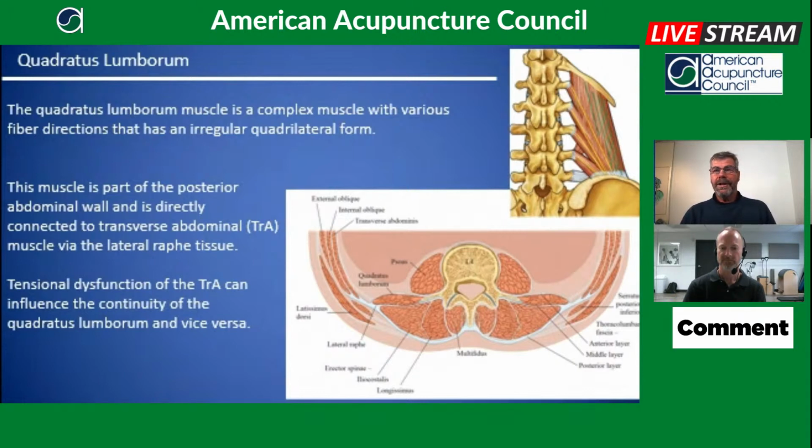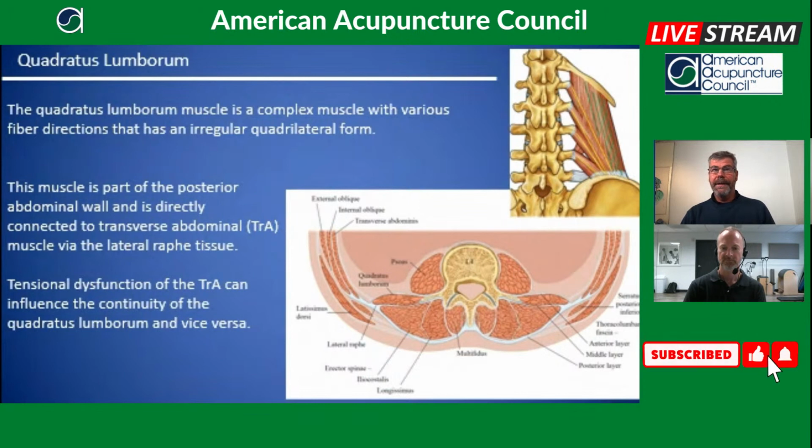What we'll be discussing is looking at these different fiber arrangements and how this muscle is seen more like a cross link between other muscles acting on the spine or the ilium. So it's really quite interesting that its role is more of a synergist or an assistant to a lot of other muscles in different movement patterns. So we're going to start to talk about that here in just a little bit.